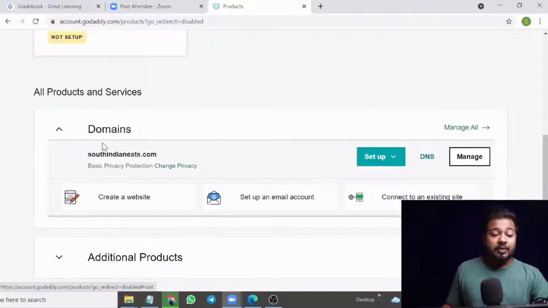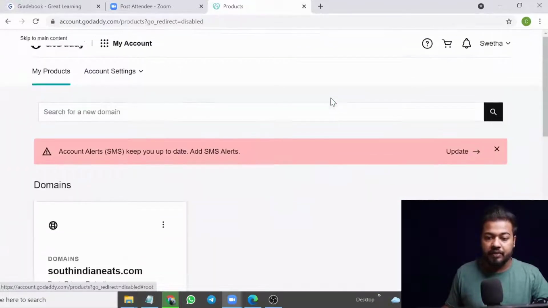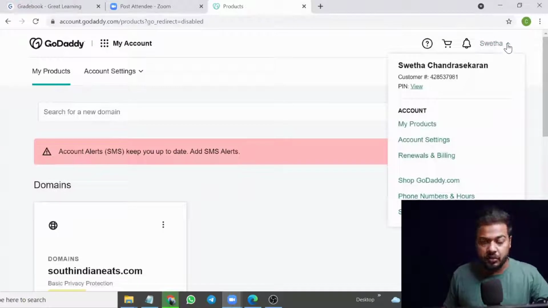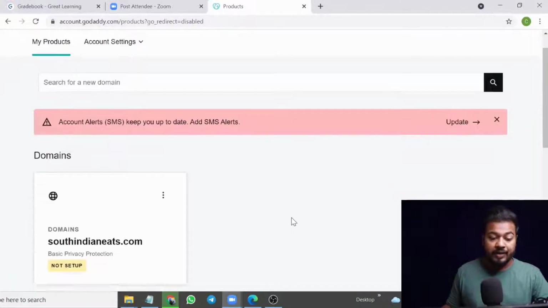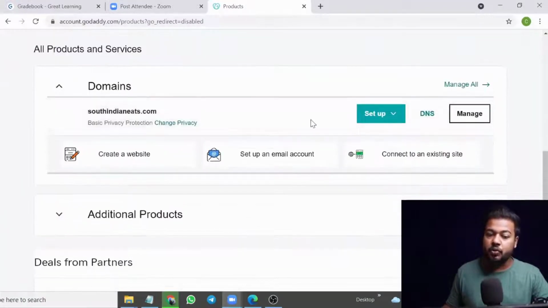Here's the thing, once you buy a domain from GoDaddy, you certainly come to this page. I'm going to let you know where you can find this page. You need to go to godaddy.com, or wherever you are from. Just type GoDaddy, the first link will come. Sign in there with your login account, and you will see this kind of information. Go to My Products, and once you go there, you will find this data. Okay, your domain, and set up DNS and manage.